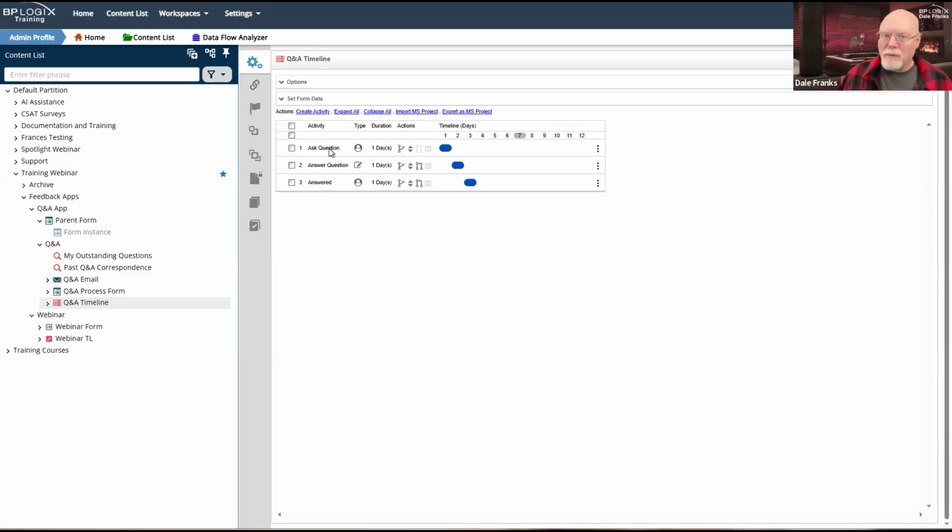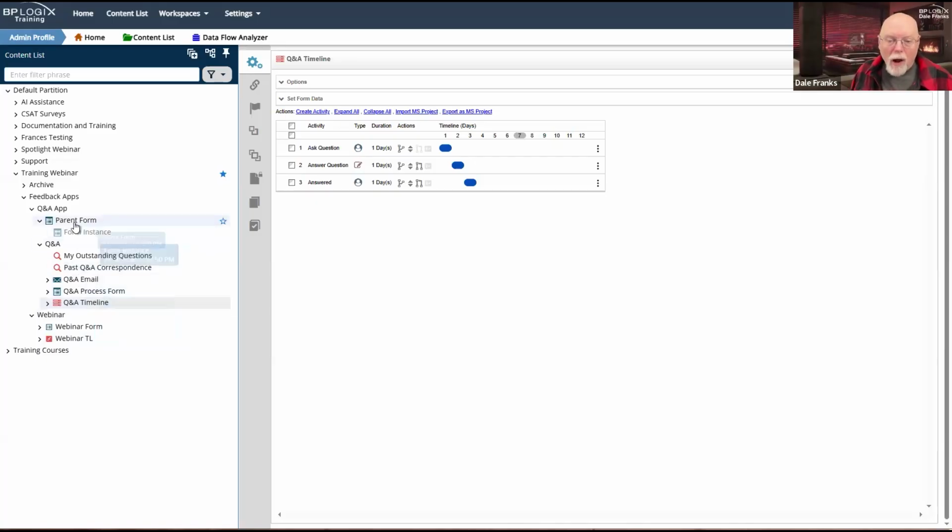we don't actually have a form submitter. So the first thing we need to do is find someone to assign that task to as the submitter. And that's why we're assigning it to the timeline initiator, because the person who clicks the Ask a Question button on the main form, they're the ones who invoked the process timeline. Thus, they are the timeline initiator. For them to provide their feedback, or in this case, to ask their question, they need to be assigned the very first task in that process timeline so that they can ask their question or provide their feedback, whatever the case may be.